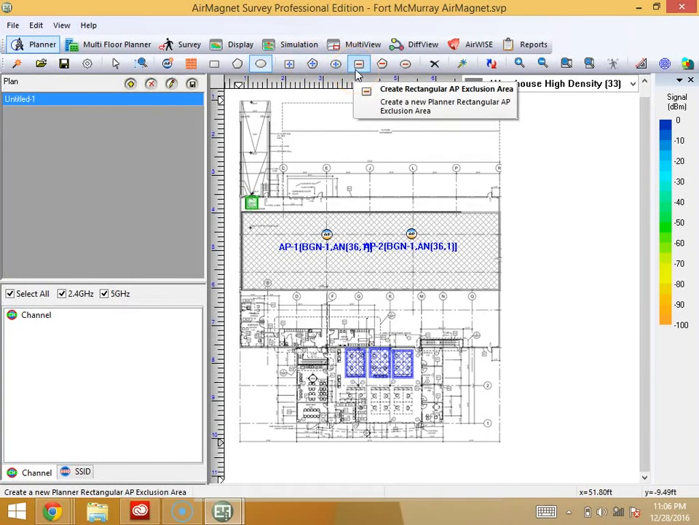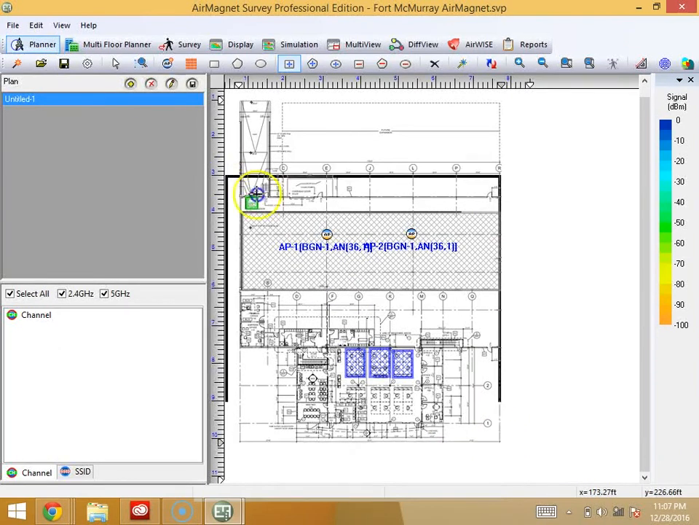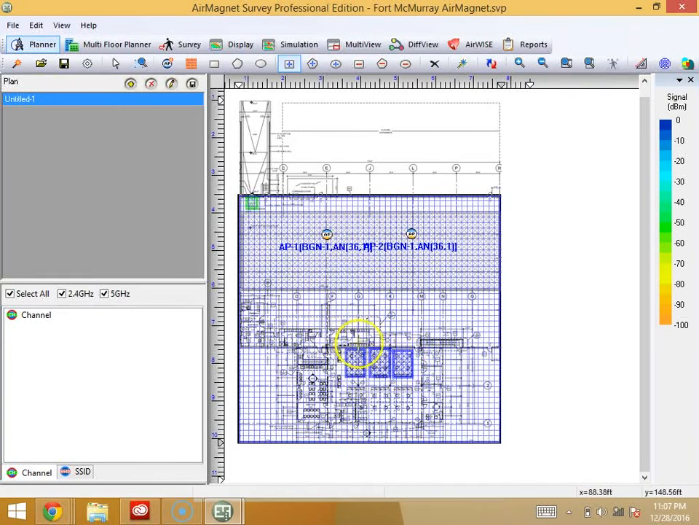we can add areas where we want coverage, or the software will assume. So we've highlighted this area. This is the area where we want Wi-Fi coverage, and then we can add exclusion areas. So these are areas where we're not allowed to install access points, let's say. And then the advisor,